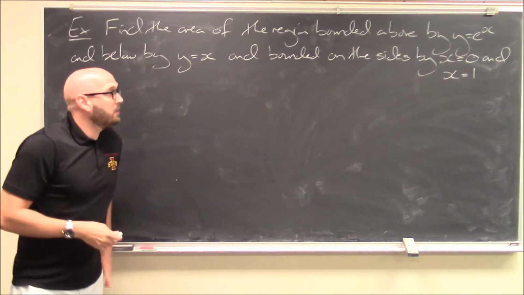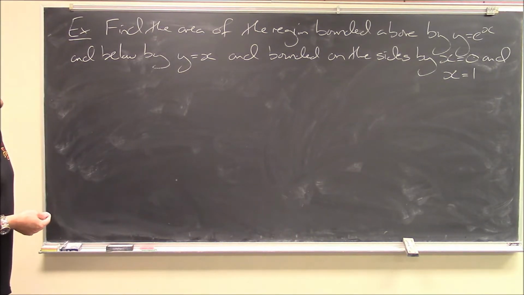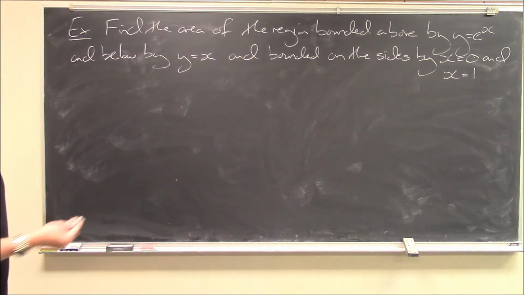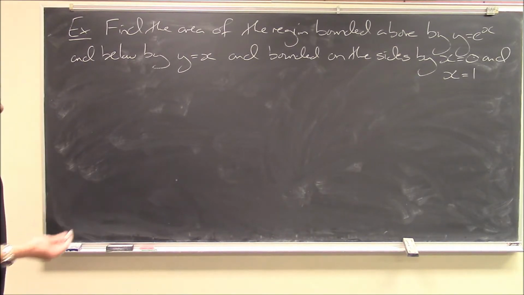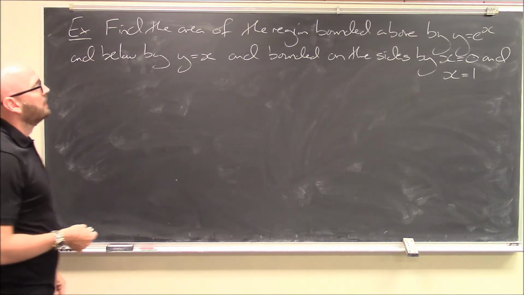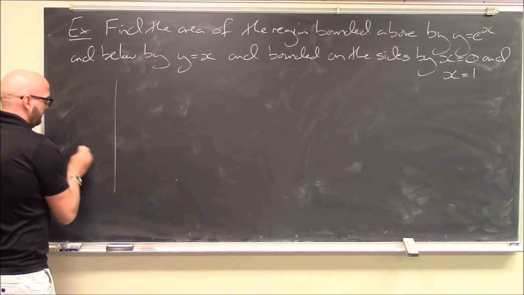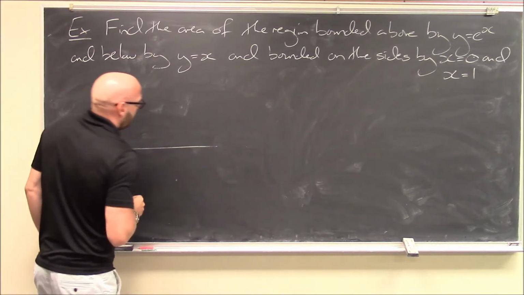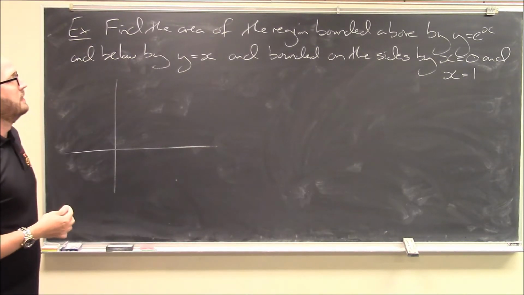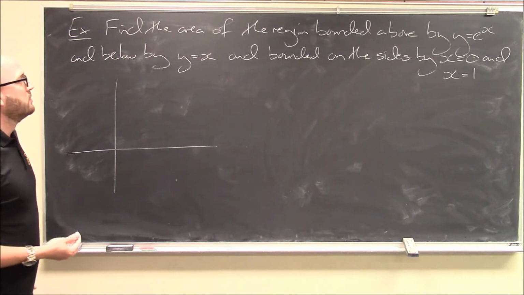So as always, we're going to ramp up the difficulty here. We're starting with a fairly easy one because I'm telling you exactly what the shape looks like. You don't need to draw it because you already know what your upper curve is, your lower curve is, your left and right boundary curves. I've already told you in the description. But perhaps building the habit of drawing pictures of what's going on, because it helps,